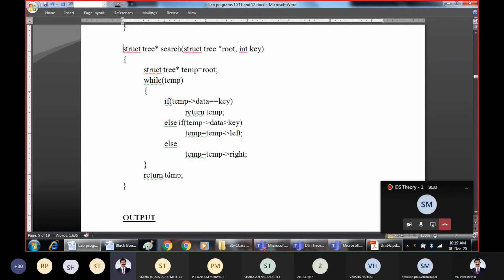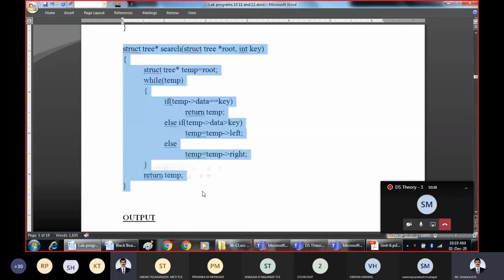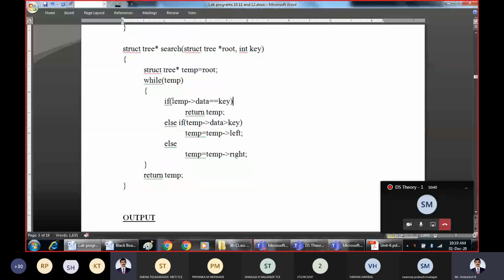Now search, which we have studied just now. In today's class we studied this search function. What was search telling? Three possibilities: either the node to be found is equal to the first node itself, that is, the very first node is equal to the key element, or the key element is greater than the root node, or the key element is less than the root node.